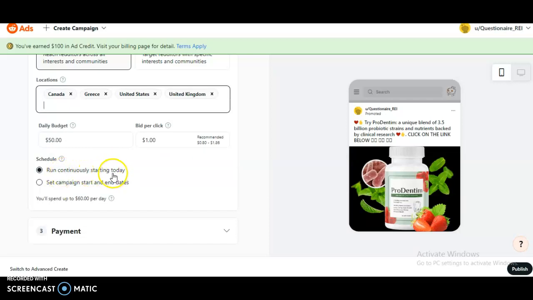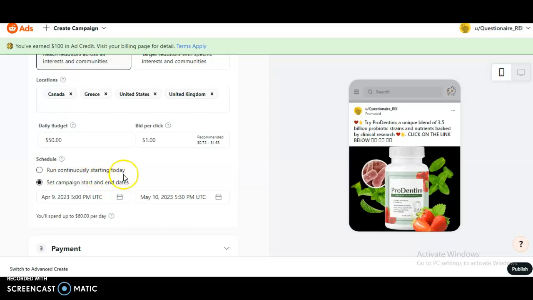Run ads continuously starting today. So guys, don't make any mistake in this section. Do not click on run ads continuously if you are not running the ads for an organization. If it's your own personal ads, guys, I advise you to add your own ad schedule. As you can see, today is 9th April 2023. I'm going to run these ads till